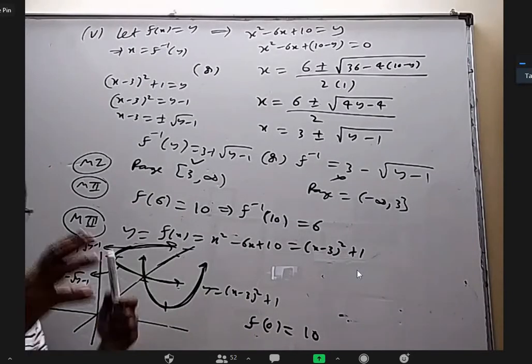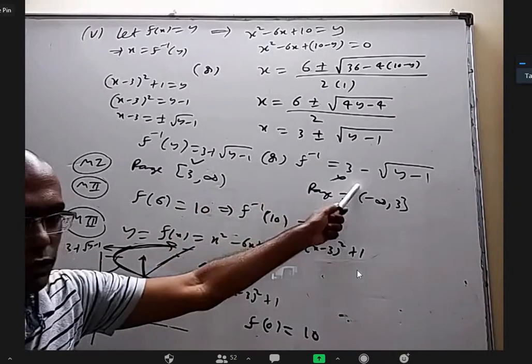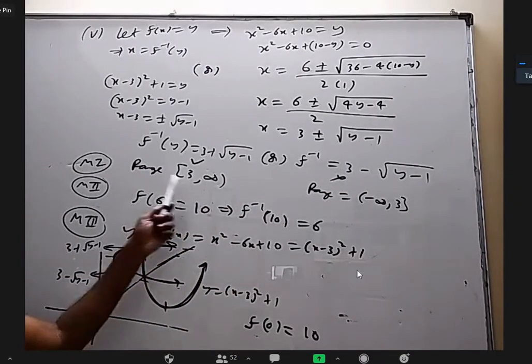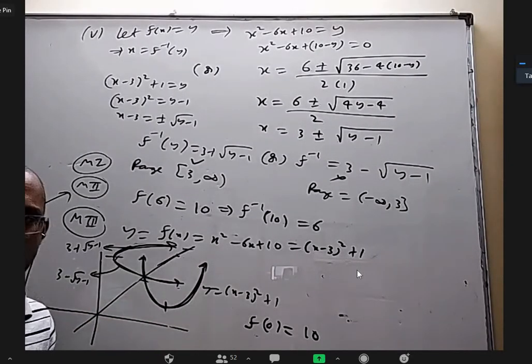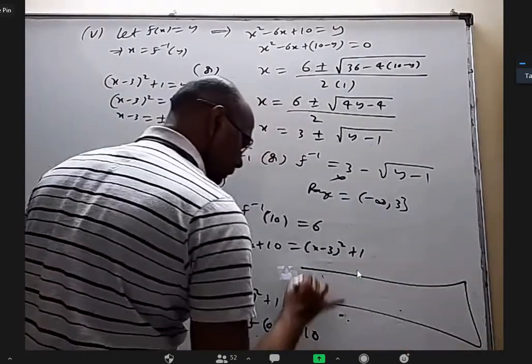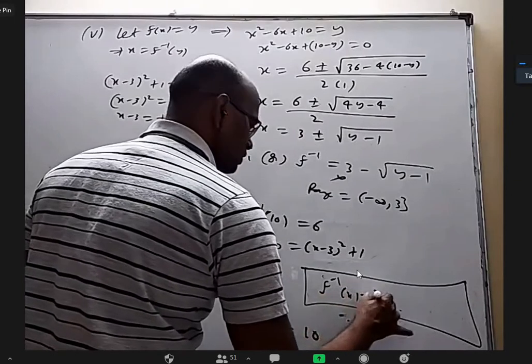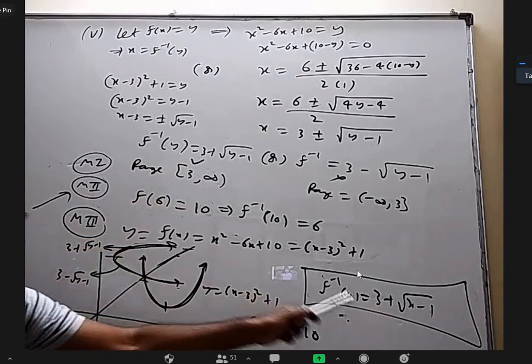Another method is you look at the domain of your original function and see whether the range of this or the range of this is equal to that domain. Based on that you can conclude. But I feel the earlier method is easier for everybody. I purposely explained this third method because it gives a graphic picture of why two answers are coming and what is happening. Is everybody clear about this? Yes, sir. Okay, so in total, finally, our answer is f inverse x is 3 plus root x minus 1.